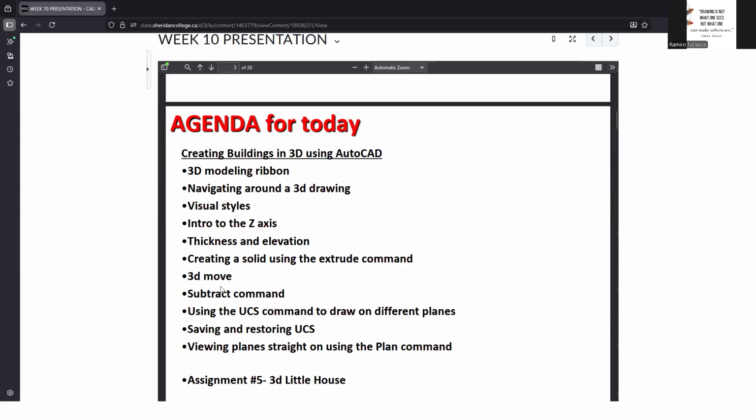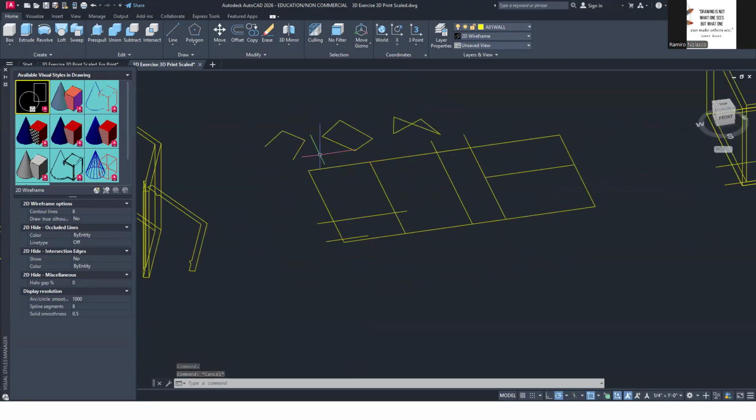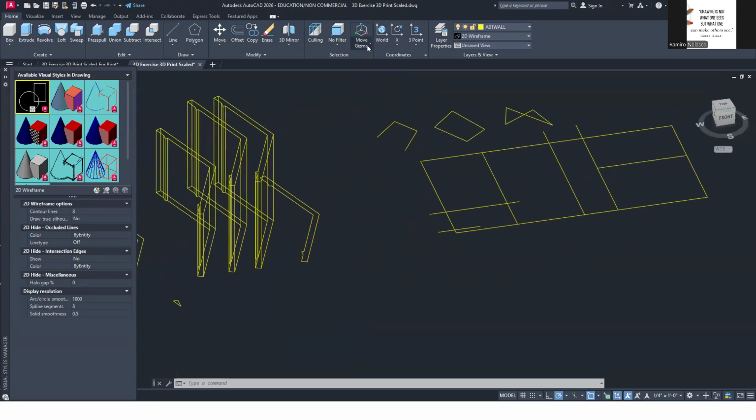So there is the 3D move, right? Rotate command, and it's actually easier if you use the gizmo. So there's the move, rotate, scale, right?